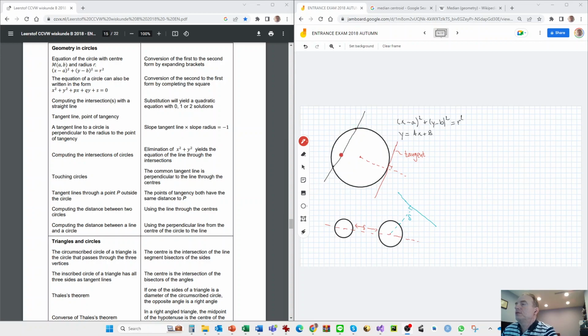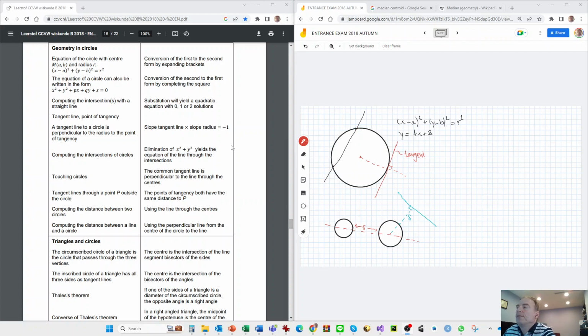So as drawn here, a straight line will potentially intersect at 2 points, and it's just a matter of solving two equations with two unknowns. So the first equation is that of the circle and the second one that of the line, and just substitute the equation of the line into the circle, and you get a quadratic equation that you know how to solve,